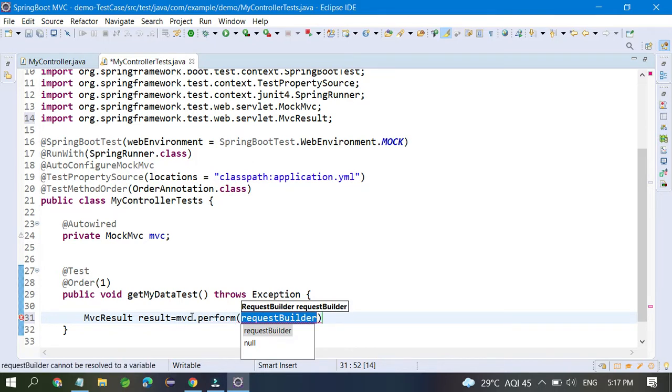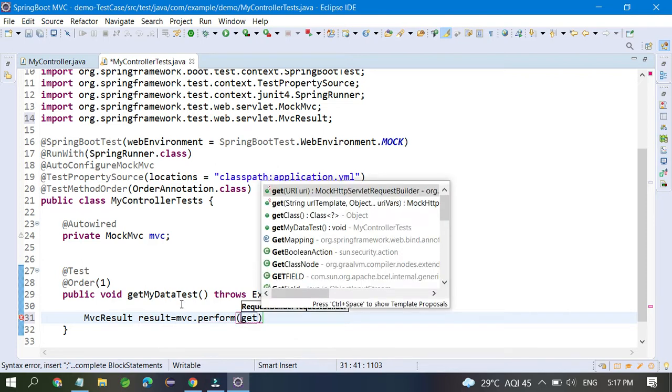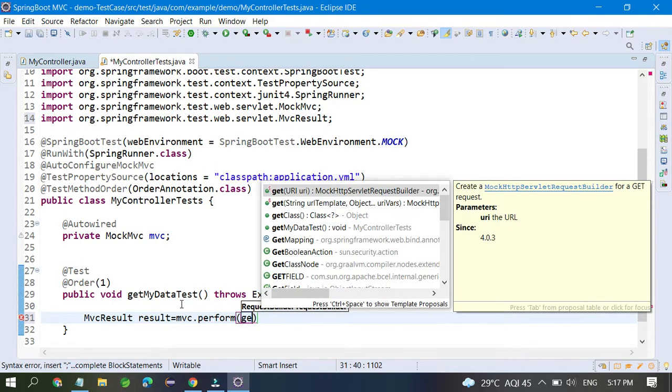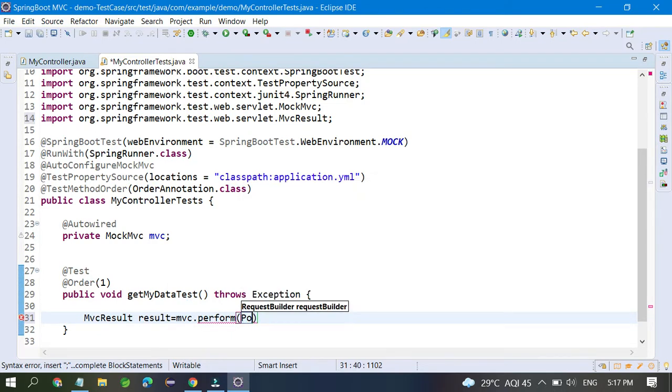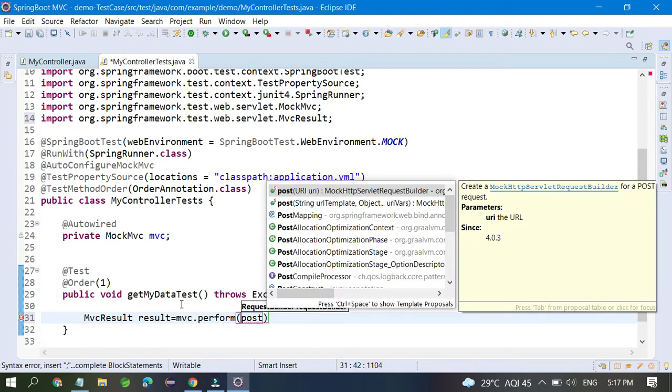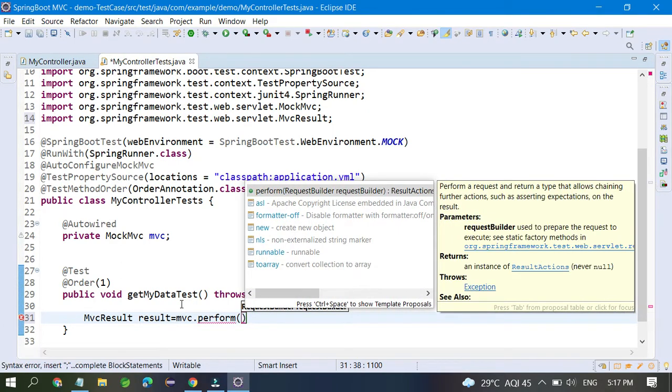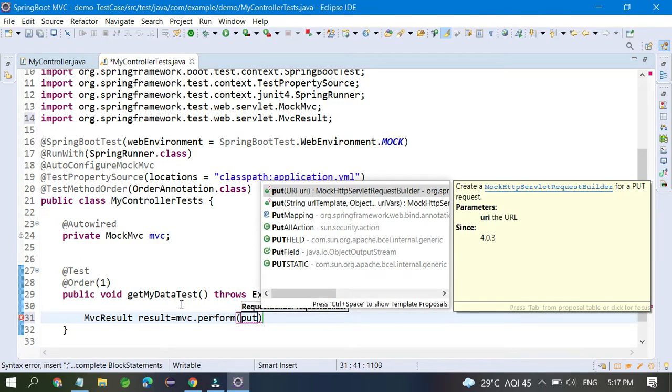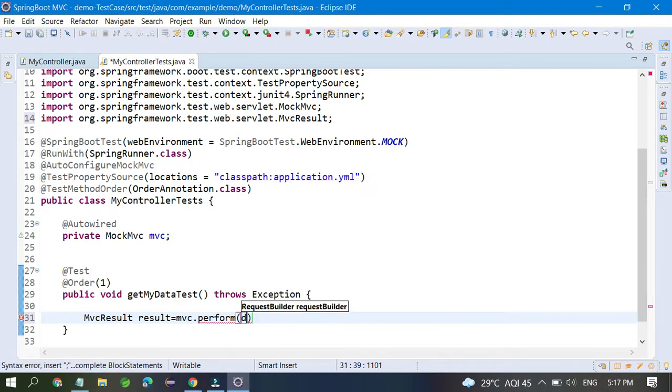Inside perform you have to write, for example, you have a GetMapping, PostMapping, DeleteMapping, any type, PutMapping. If you want GetMapping, you write get. If you want post, you write post, then the URL. If you want put, you write put. If you want delete, you write delete. So all the URLs are available.